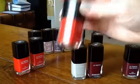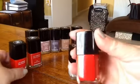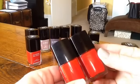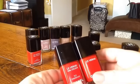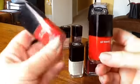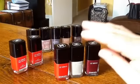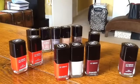And this one that I got is called Gitane, and Chanel do such great reds. I think it's quite similar to Coquelicot, possibly a bit more orange. Coquelicot, I think, was last year, so it makes sense it's a very similar colour. But my point is, they're all straight creams, and I think where Chanel really excels is the interesting,